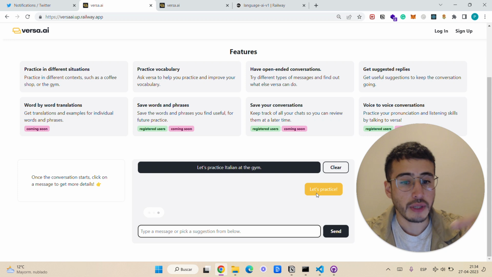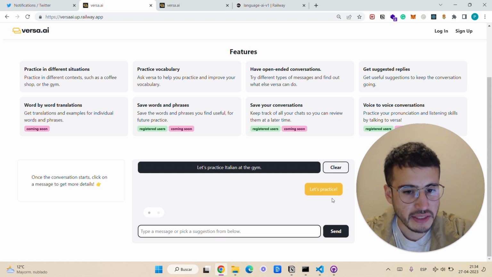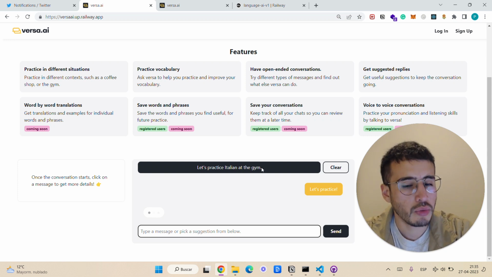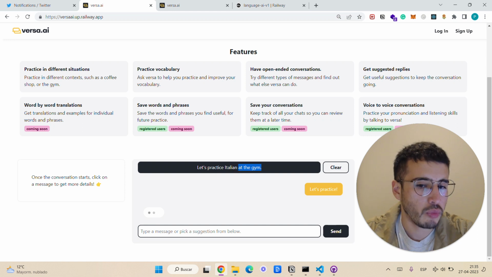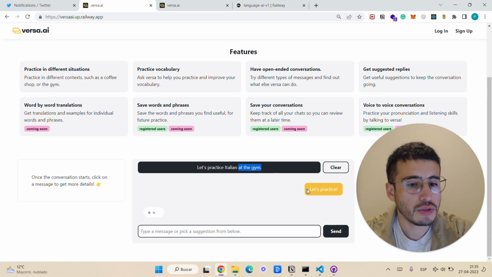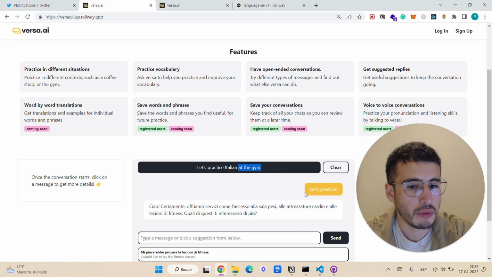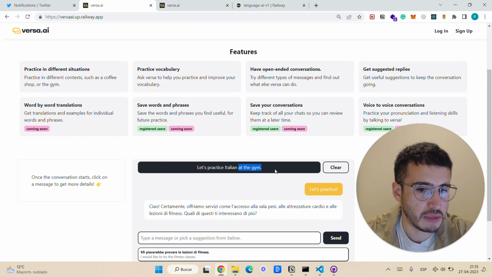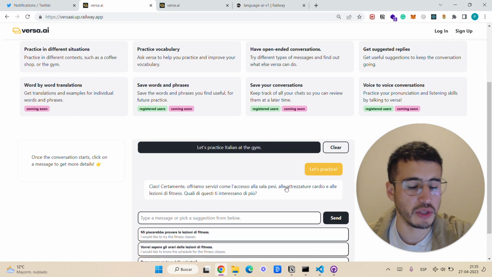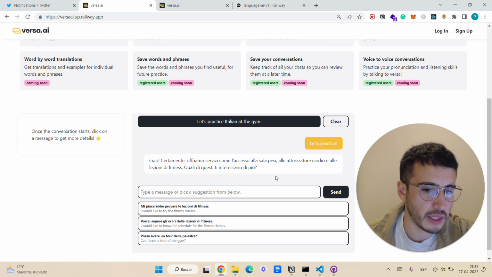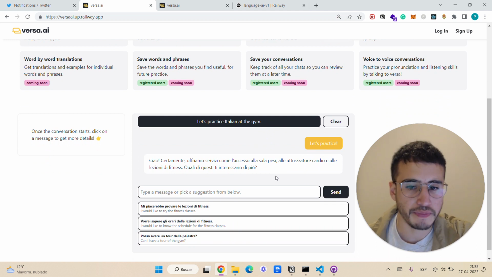One precaution that we need to have when using the app is if we say we want to go to the gym, if we want to practice in this setting, we need to send a message that's appropriate to that setting. For example, I cannot say, hey, give me a coffee, if we're going to the gym. That's a precaution we should have when using the app. Other than that, you have full flexibility to say whatever you want.